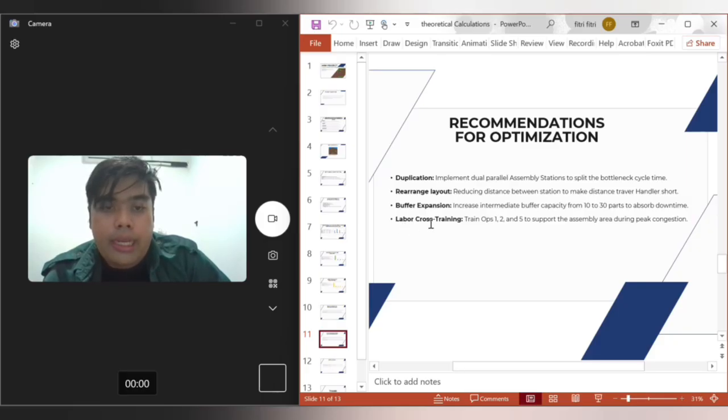And also for labor, we can see that the labor operation needs more time, so we also need to focus on that part, and we can train that person, or we can add more